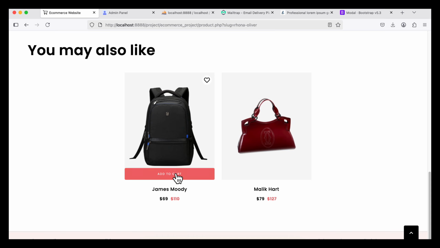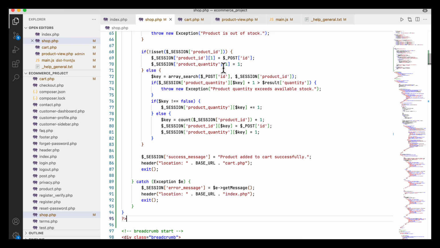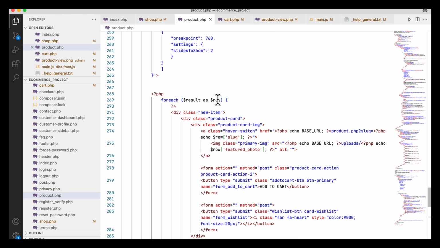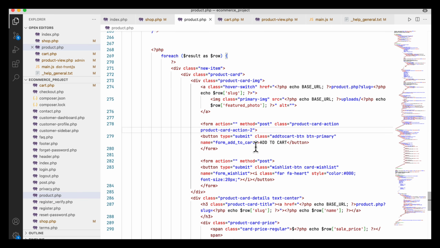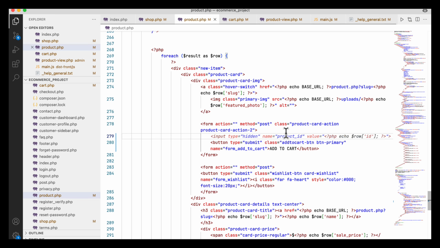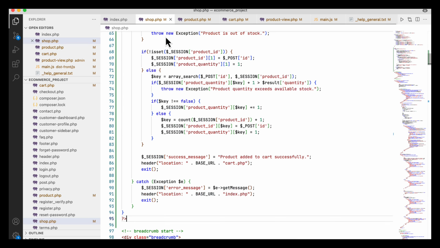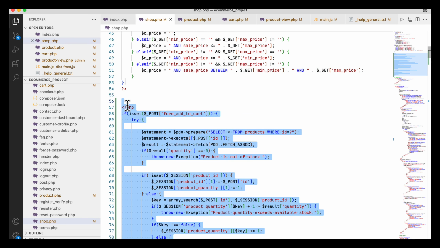So there is another form add to cart here similarly. So how I can do that? I am going to check the page, that is the product, and in the product in the bottom here is row, you see. So here add to cart button was here. So here I can use the row of ID, and here is ID for example, and this is the hidden field format to cart. So in the top section like the shop or other page, I am going to copy